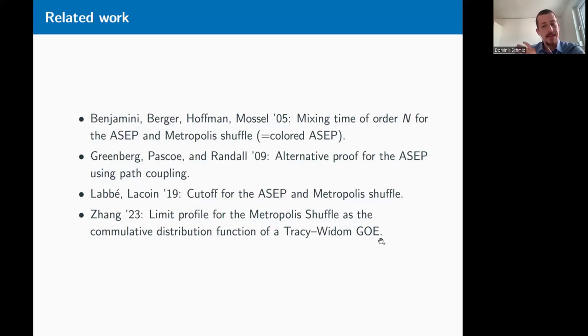And as I said, I want to give the bigger picture of what we can do nowadays. So very recently, Lingfu Zhang proved that the limit profile for the Metropolis shuffle is actually given by a cumulative distribution function of a Tracy-Widom GOE. So that's again the same story. You look at the largest eigenvalue, but now of a Gaussian orthogonal